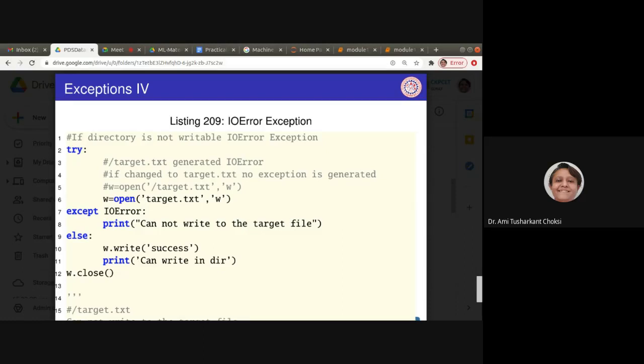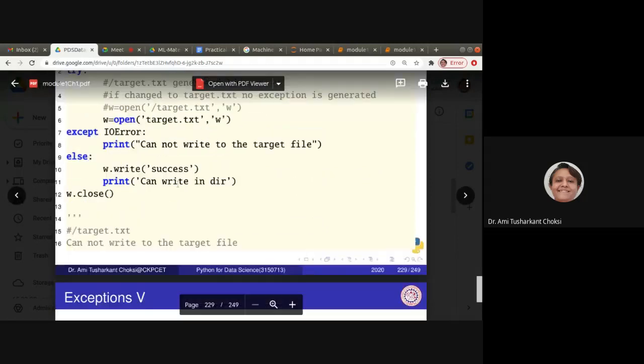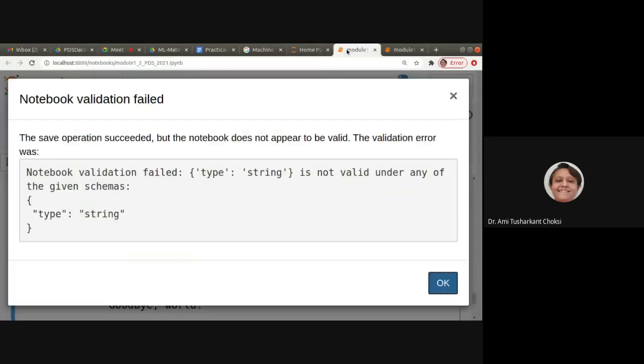Else, if it is not there, that means the exception is not generated, then we can have w.write success and print can write in the directory, and w.close.